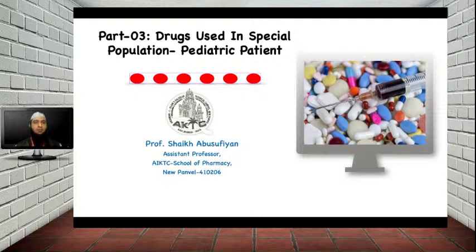Today we'll study part 3 of drugs used in special populations, and we'll look at the pediatric patient. We started this topic in the last session and saw the different factors which affect pharmacotherapy in the pediatric patient. We saw how pharmacokinetics and pharmacodynamics may change due to the different physiology of children